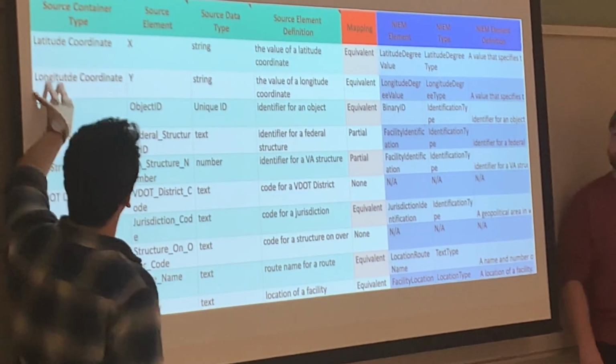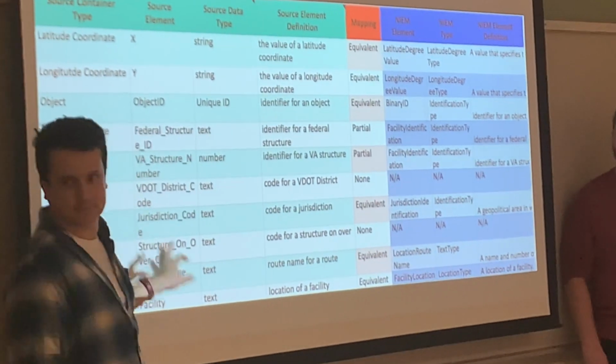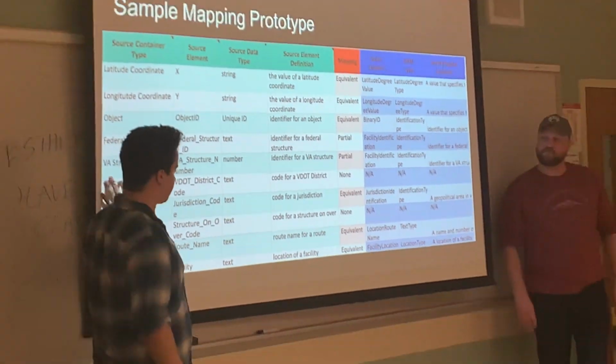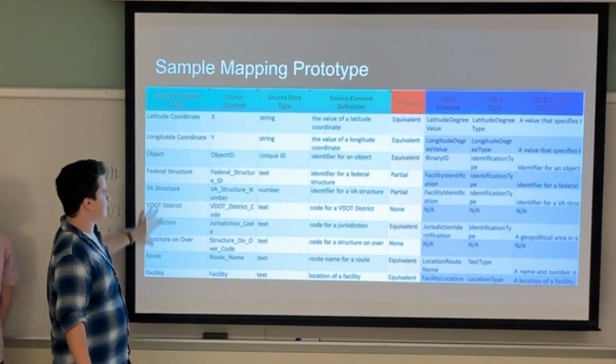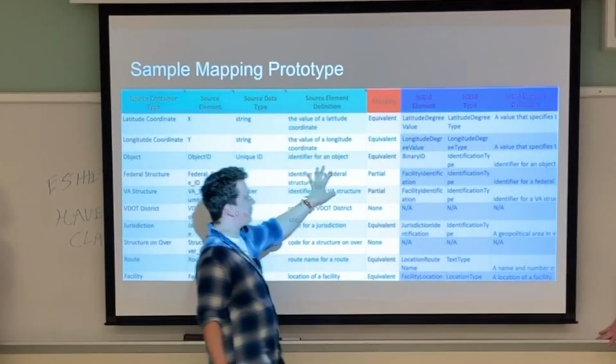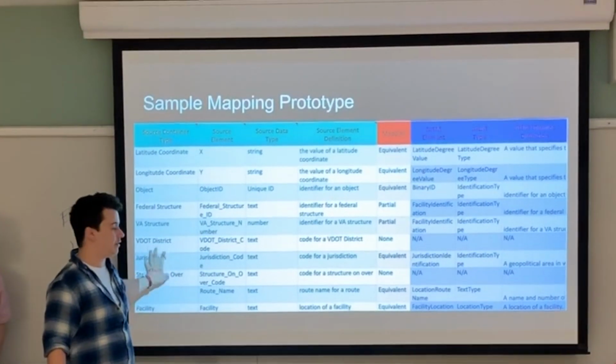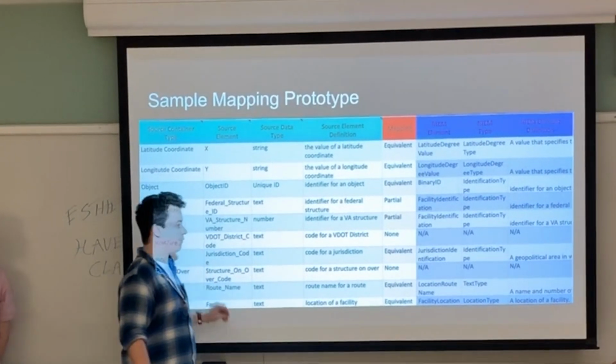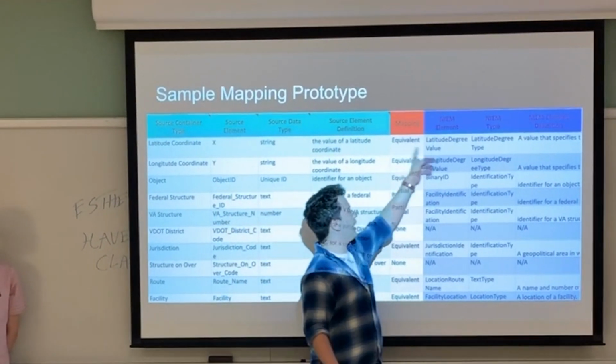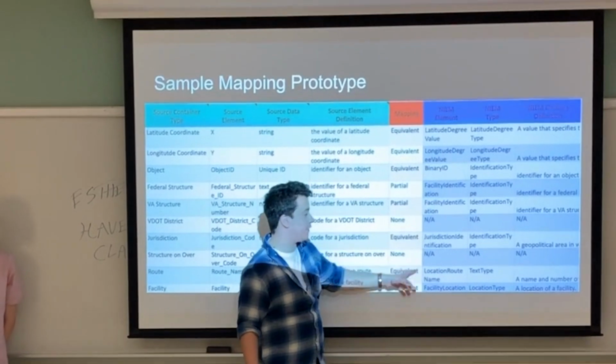We were able to take this from, I believe, bridges and culverts data. It's sampling, but we were able to figure out some mapping. We were trying to figure out, these are actual data types from the data set, and then we had to figure out how they would link up to NIEM conformant